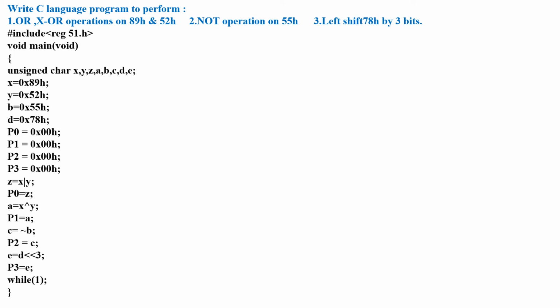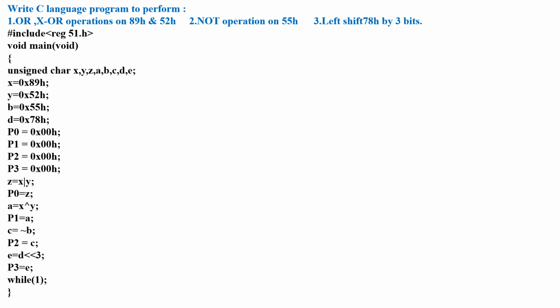Now we start writing the program. Initialize the program. Initialize the main function also. Now we are using the variables x, y, z, a, b, c, d and e. Before writing the code, we need to initialize these variables.